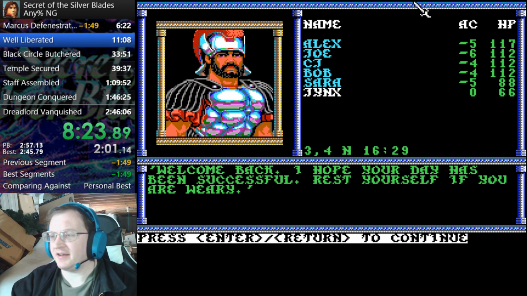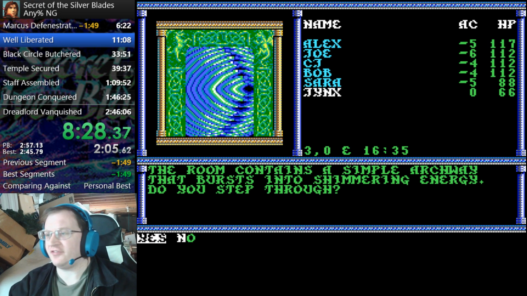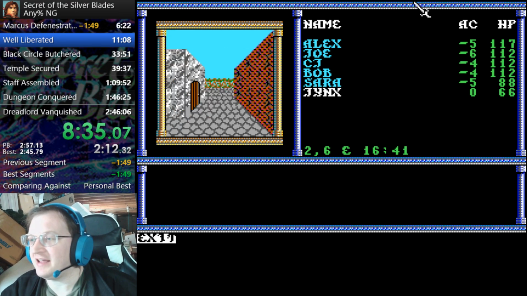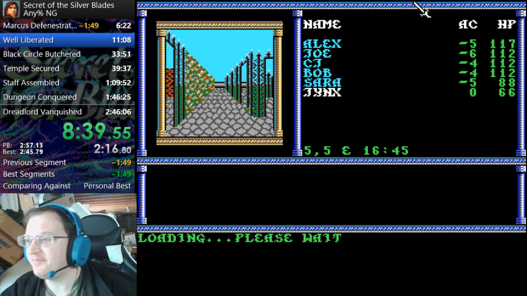Alright, now we need to go back and liberate the well. This magical well is sentient and it will tell us answers to riddles and things, and it kind of helps us, but we have to, yeah, we are back. First we have to free it from the grip of a dragon that took it over. It's actually what they used to...